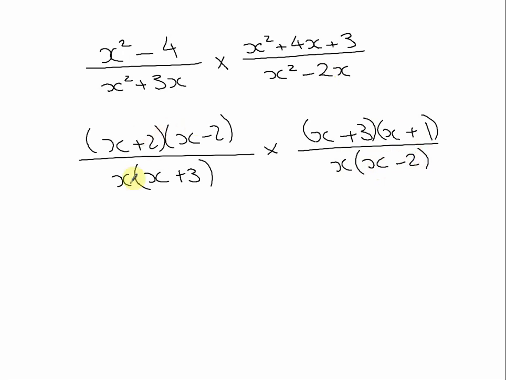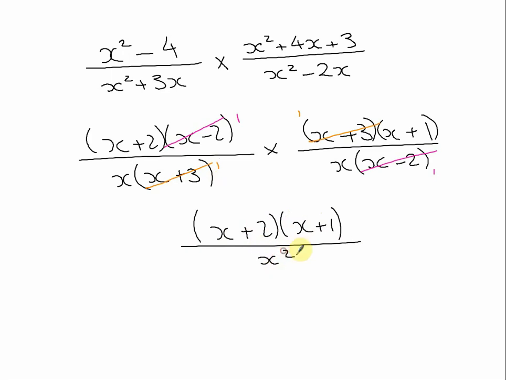Okay, so none of these cancel, so we have to look diagonally. Right, I can cancel the x minus 2's. So put 1s, getting a good habit. The x plus 3's, I can cancel those. That's fine. And that's it. So what have we got when we times the tops? We have x plus 2, x plus 1,